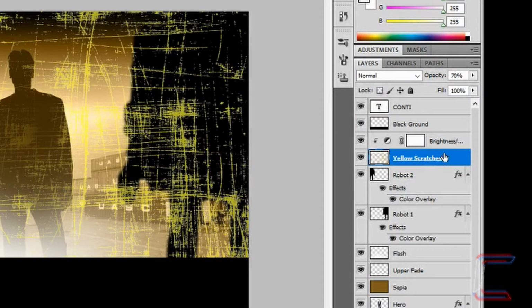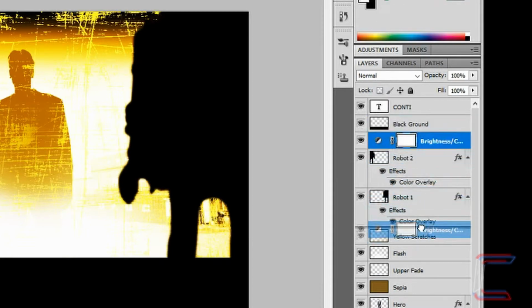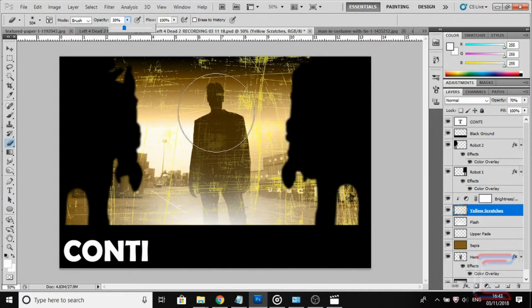Ensure that the yellow scratch effects get moved down below Robot 1 and Robot 2. Don't forget as well to move the brightness also. I'm going to go over the yellow scratch layer again around the silhouette so that it stands out more, maintaining